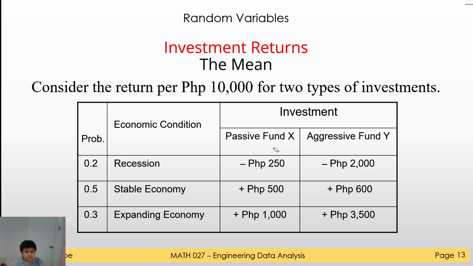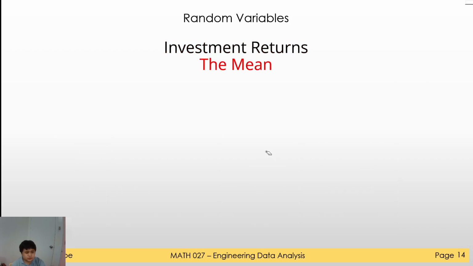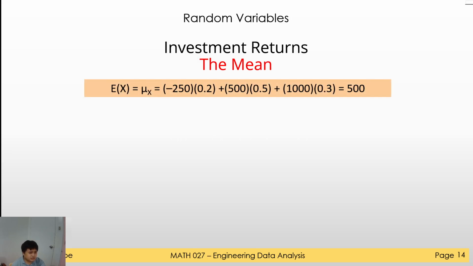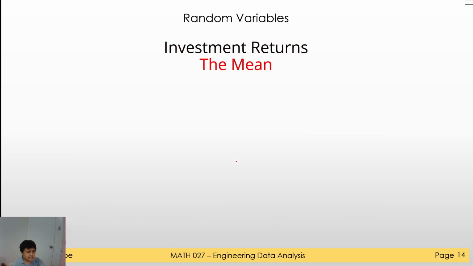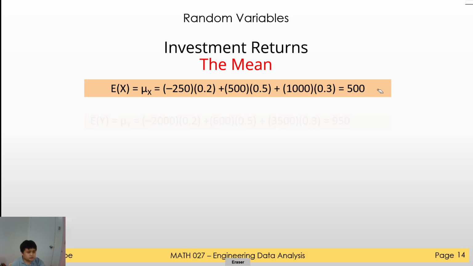So we can compute for its expected value for, let's say, x and y. So we have two random variables here. We have to compare these two random variables. So to compute the expected value of the first random variable, which is your passive fund, which is x, that will be just the multiplication of its probability and its random variables. So we have negative 250 times 0.2 and so on. So we have this multiplication. Okay, and then sum that, we have 500,